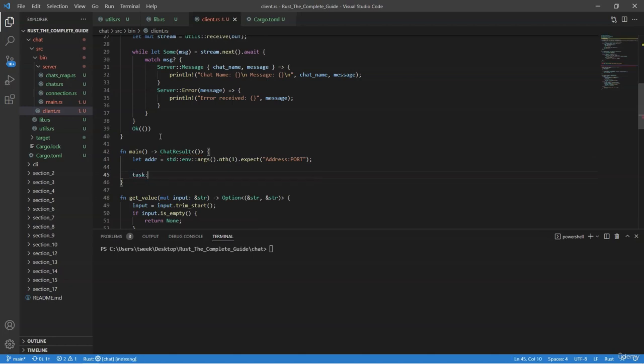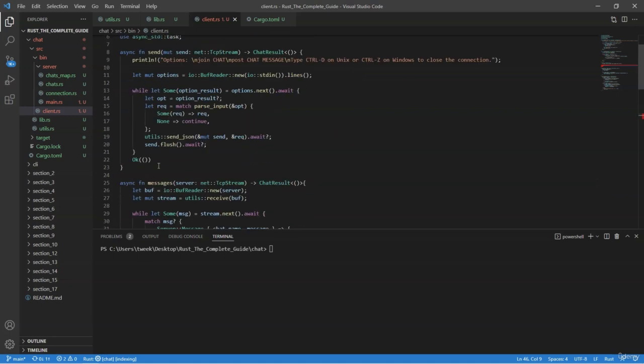So now we can say task, and then we want to block on, and now we're going to create an async code block. And we do this because we have asynchronous functions that we are going to call throughout our program. So we need to wrap it inside of an async code block. And now we want to establish our connection and then run the send and message functions defined up here